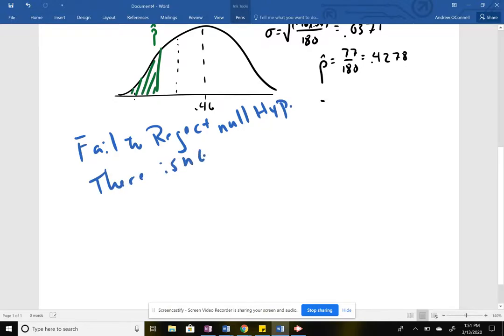There isn't sufficient evidence that the proportion of acceptance